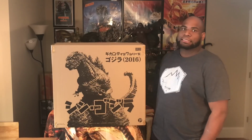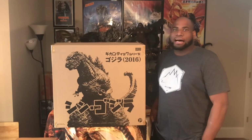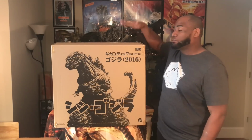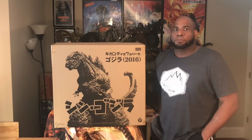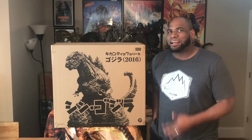Yes, I'm digging the box. As a matter of fact, I'm gonna keep this box. I keep it for furniture purposes, obviously. Sometimes I'll stack my display cases on top of it, because this really is a good box to keep. I know a lot of collectors out there are getting to the point where they accumulate a lot of figures and they don't want to keep the boxes. The standards, or at least, excuse me, the 30 centimeter and 25 centimeter boxes, I can understand getting rid of